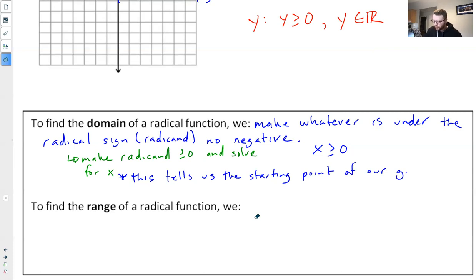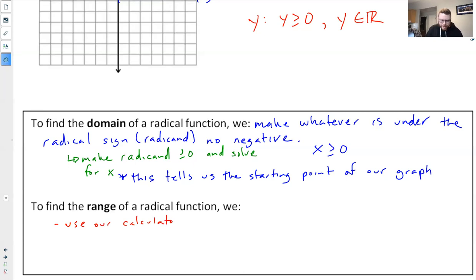Okay, so moving into finding the range of a radical function. We are going to use our calculators for this, and we will find where the y values exist. So to find the range of a radical function, we use our calculators to find where y values exist. On your calculator, if we have y equal to the square root of x entered in there,